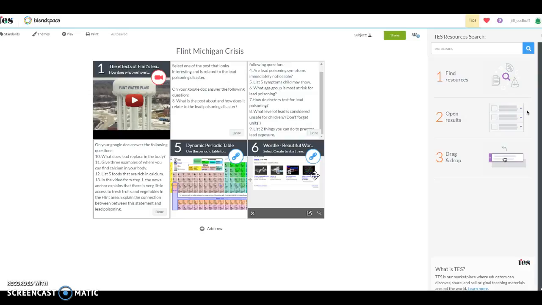levels. And it also feeds right into how it's different from the traditional, in that they can really work at their own pace. Obviously they'll probably talk to each other while they're doing this, but it allows them to also go back and look at some of the websites that they had previously looked at, and just put it all together at their own pace. And we definitely couldn't do that if it was just a traditional me standing in front of the classroom